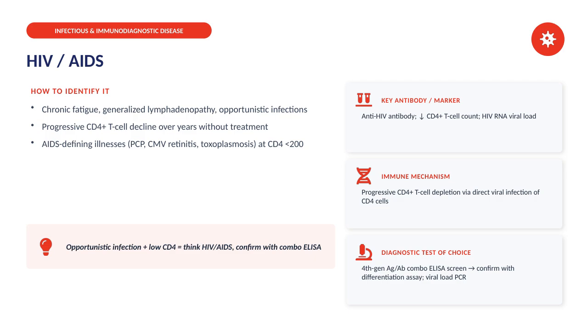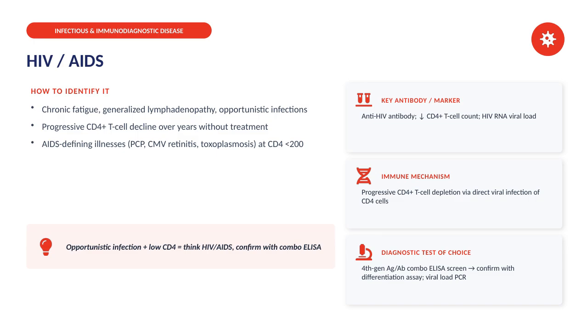HIV infection often presents with chronic fatigue and generalized lymphadenopathy, along with various opportunistic infections that take advantage of weakened immunity. Over several years without treatment, there is a progressive decline in CD4 plus T-cell counts. When the CD4 count drops below 200, patients become susceptible to AIDS-defining illnesses like pneumocystis pneumonia, CMV retinitis, and toxoplasmosis. If someone has an opportunistic infection and a low CD4 count, HIV/AIDS should be suspected, and diagnosis is confirmed using